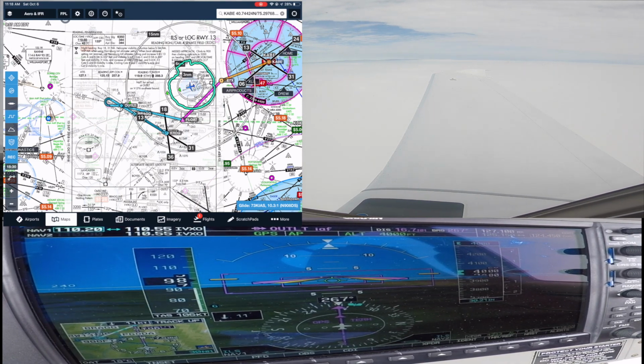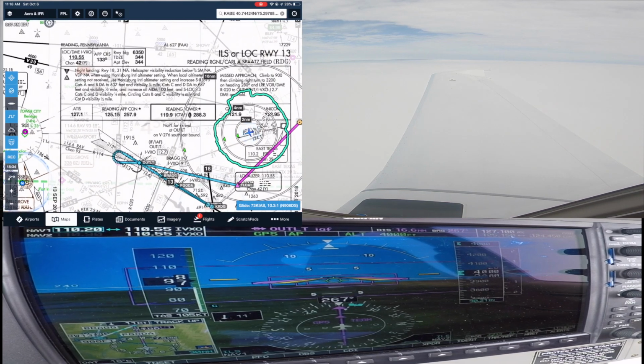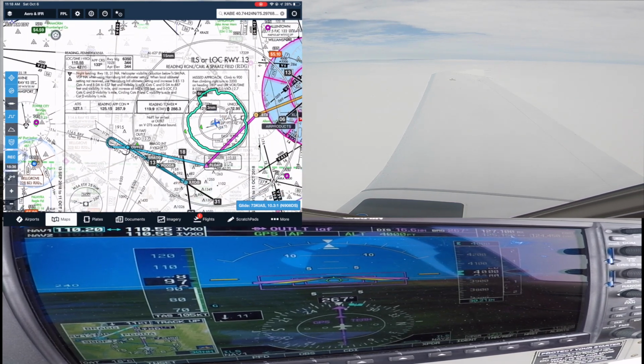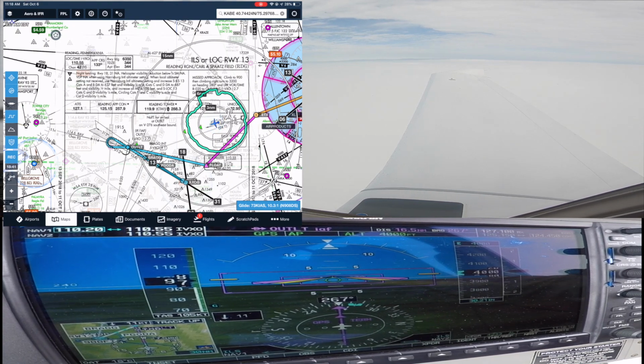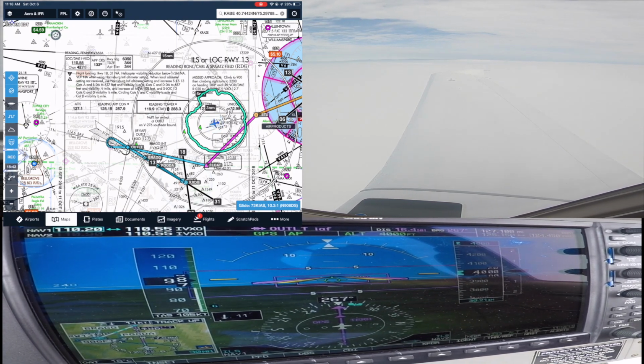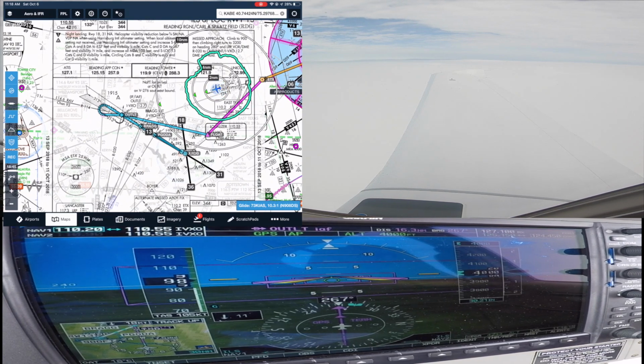Alright, let's finish loading that. Oh, okay, there's the identifier, IVXO. That's good. So this is ILS runway 13. We'll go to flight plan. This is ILS 13. We're going to go to outlet, and let's make the view